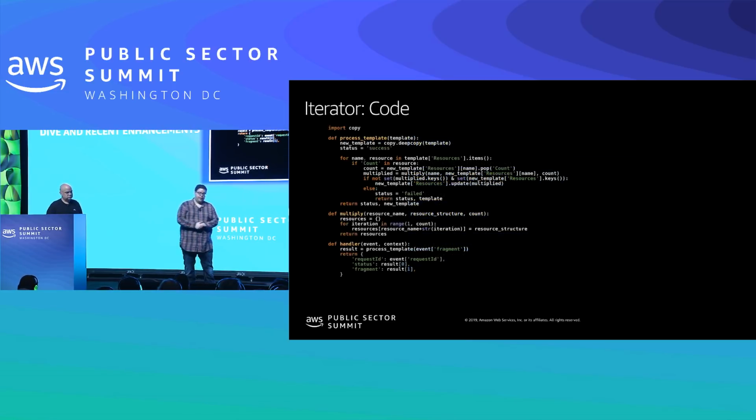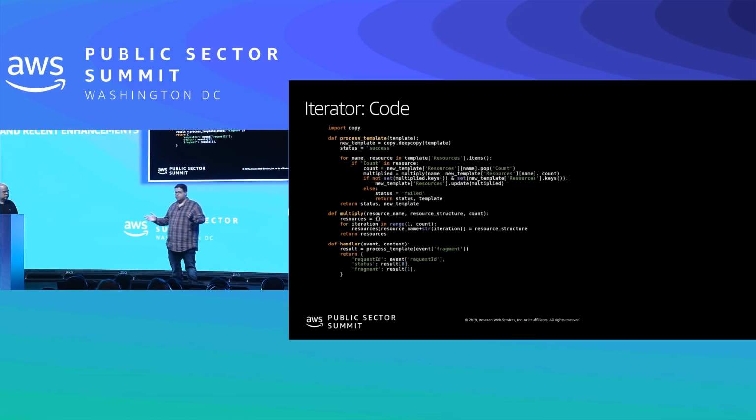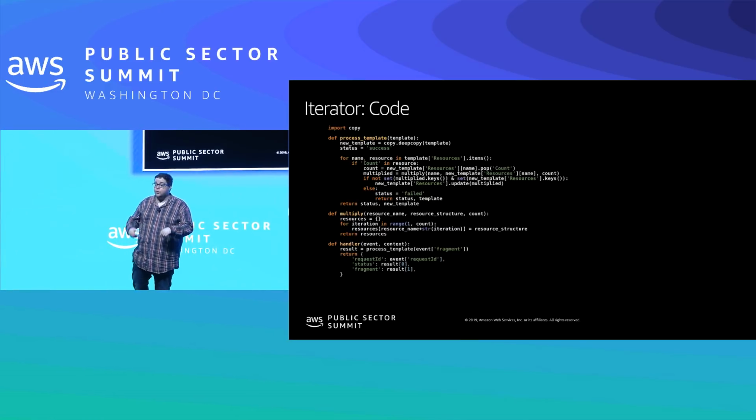Absolutely. So let's actually jump into Iterator. Don't look too hard at this code. All that I want to show you is that it's really not that big. It's not this whole huge deployment that you have to do. It's a couple of lines of code. Maybe 50 lines of code, and we can actually create an iterator.